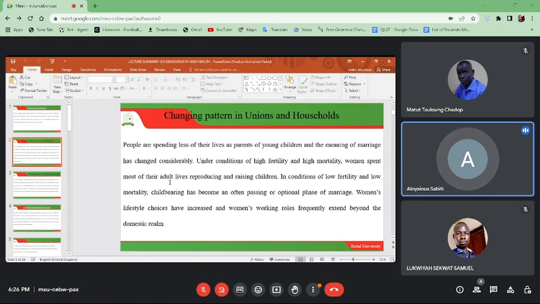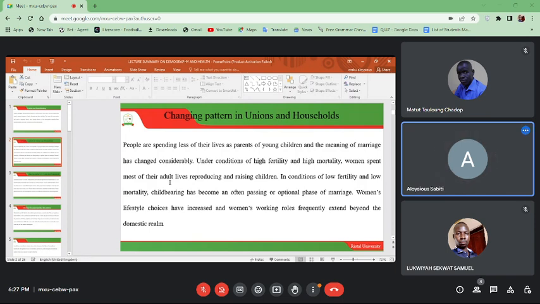So, under the conditions of high fertility and high mortality, we're talking about high birth rates and high death rates here, women spend most of their adult lives reproducing and raising children. So, this is a typical African concept of what we're seeing today, that because our societies are having high birth rates and also high death rates, women now are positioned into producing for replacement. So because you are not sure that your child will survive, you are stuck in the position of producing these children